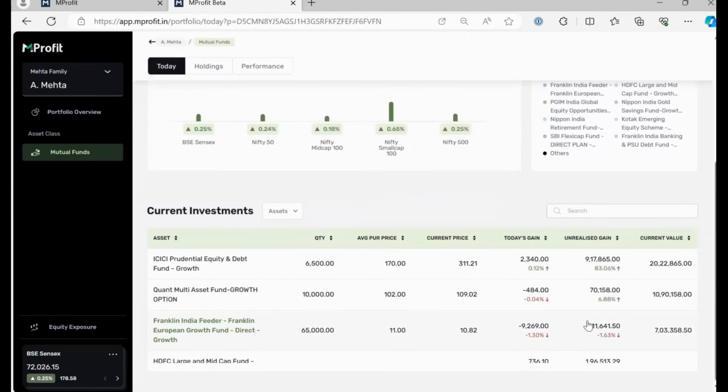So you can see asset, the holding quantity, average purchase price, that is average NAV, what is the current NAV, today's gain, unrealized gain, and current value. So this is very similar to what you were seeing in the classic app, but